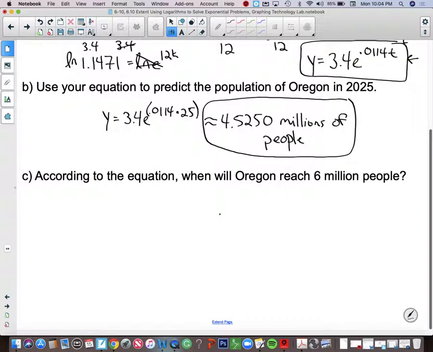All right, one more step to this problem. According to the equation that we have written above, when will Oregon reach 6 million people? So we have an ending amount now of 6 million people. That's what we're trying to find, the time for that. So we got 3.4, which is the original. We got e to that value, and then we're trying to find t. So just like all the other problems that we've done here, get the e by itself, and then you're going to natural log both sides. So 6 divided by 3.4 is